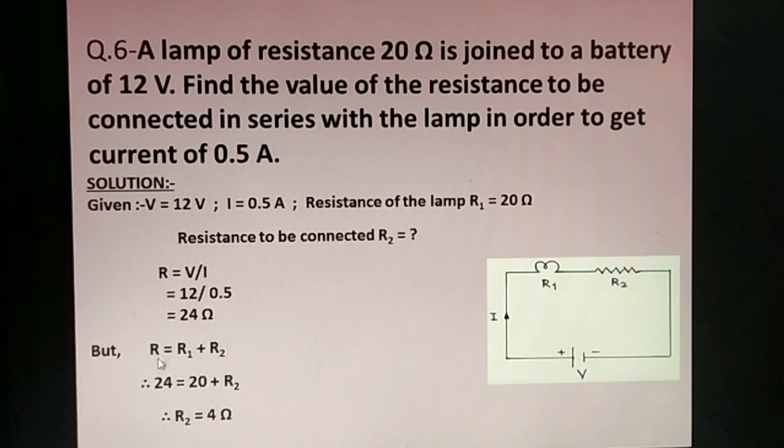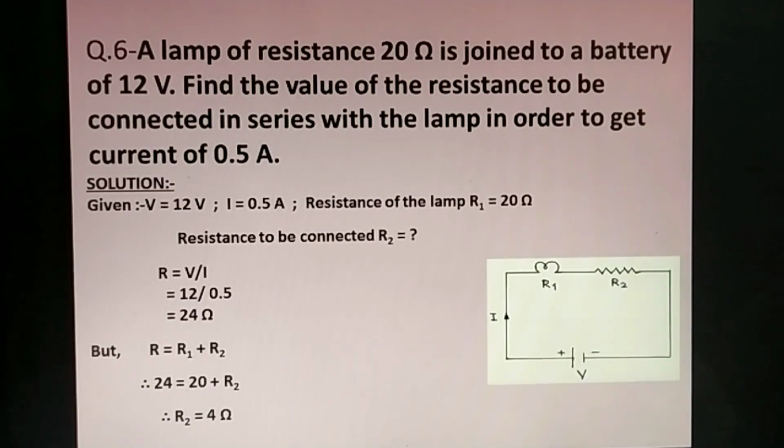लेकिन यहाँ पे पूछा क्या है, ये हमें टोटल रेजिस्टेंस मिल गया और बोथ आर कनेक्टेड इन सीरीज. एज यू कैन सी इन दिस सर्किट डायग्राम, लैम्प एंड दिस रेजिस्टेंस आर कनेक्टेड इन सीरीज टू वन अनदर, एंड कनेक्शन से. ठीक है, तो इक्वलेंट रेजिस्टेंस ऑफ द सीरीज कॉम्बिनेशन द फॉर्मूला इज R इज इक्वल्स टू R1 प्लस R2. Now we will substitute the value for R here, R1 here, and R2 you have to find out. So after solving this we will get the answer R2 is equals to 4 ohm.